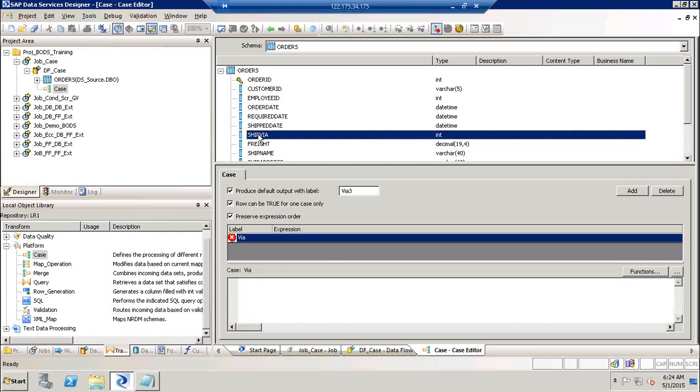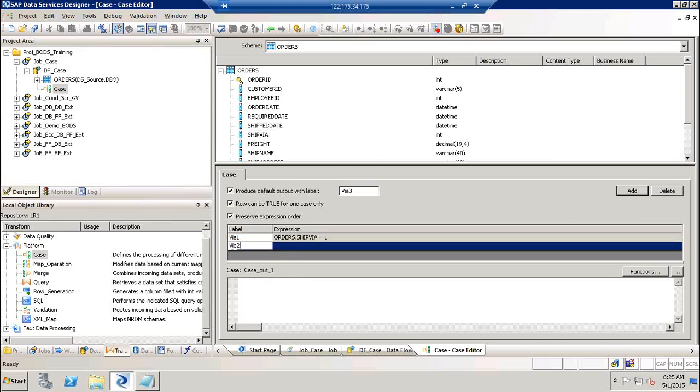So select the column here from the schema and drag and drop that into the case work area and give the value here. Right, again click back here. So now it is good because we gave the condition properly. So label is wire1,